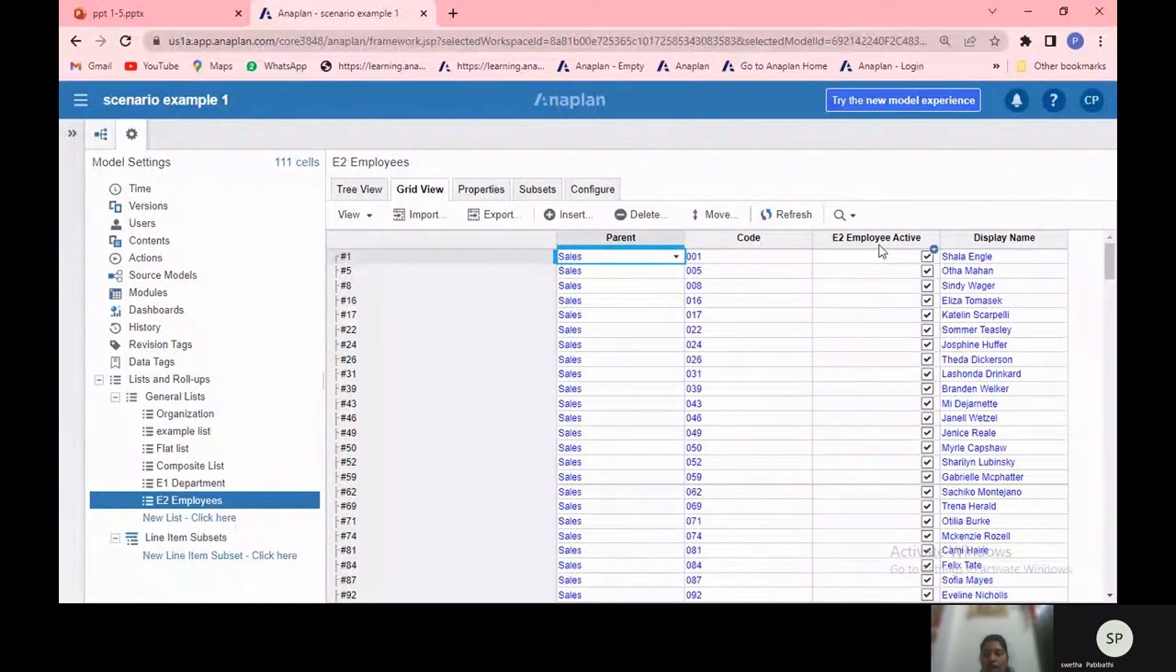I have given the property as display name, and these are the names. And this is about the number list and composite list. And the next topic is